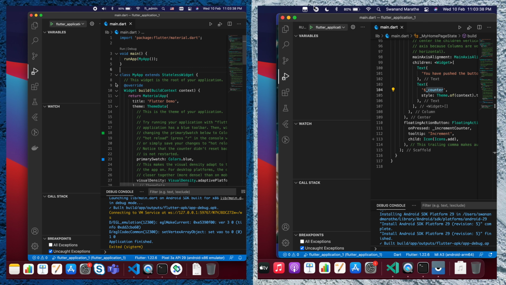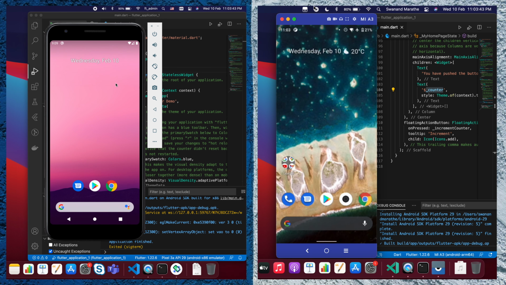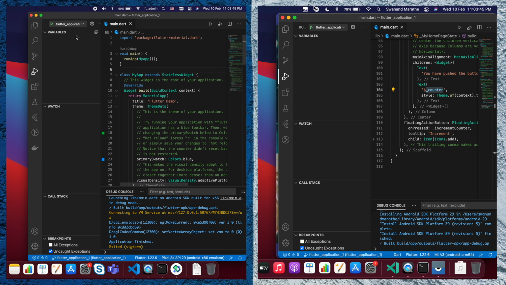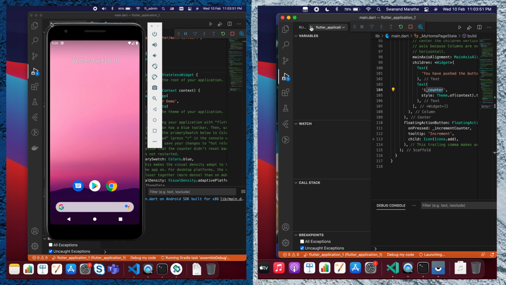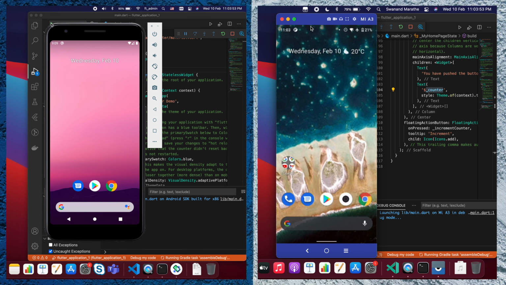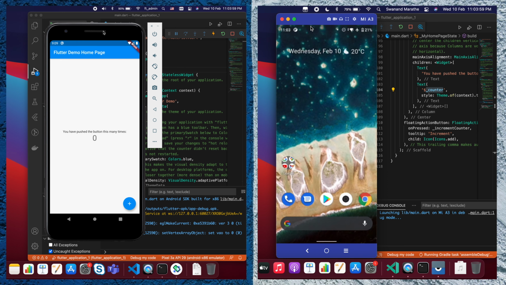Okay, so both the device and emulator are running in the background, and let's click on play. And now for the subsequent build, the Intel again wins for Android.